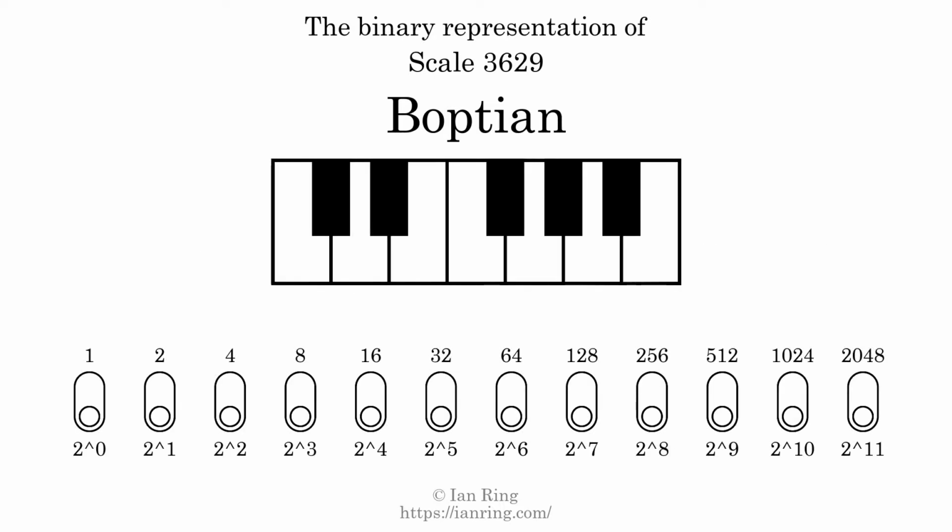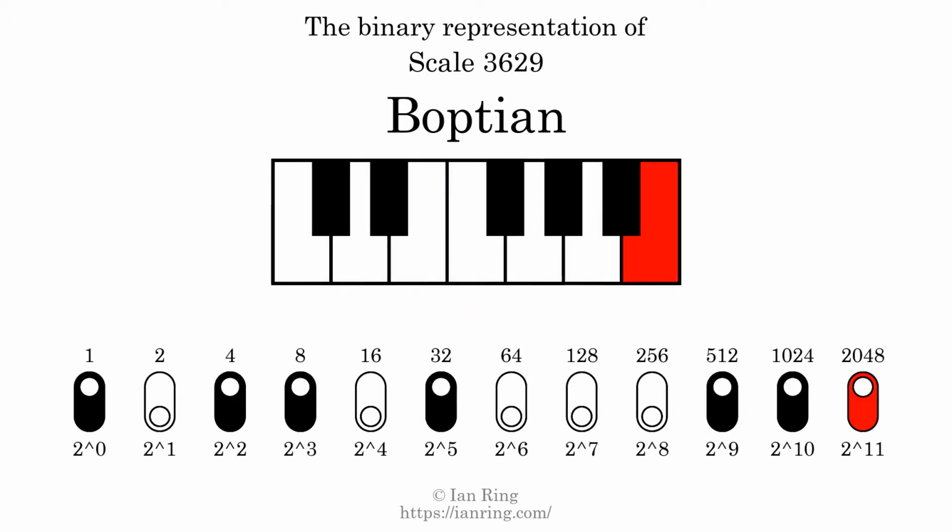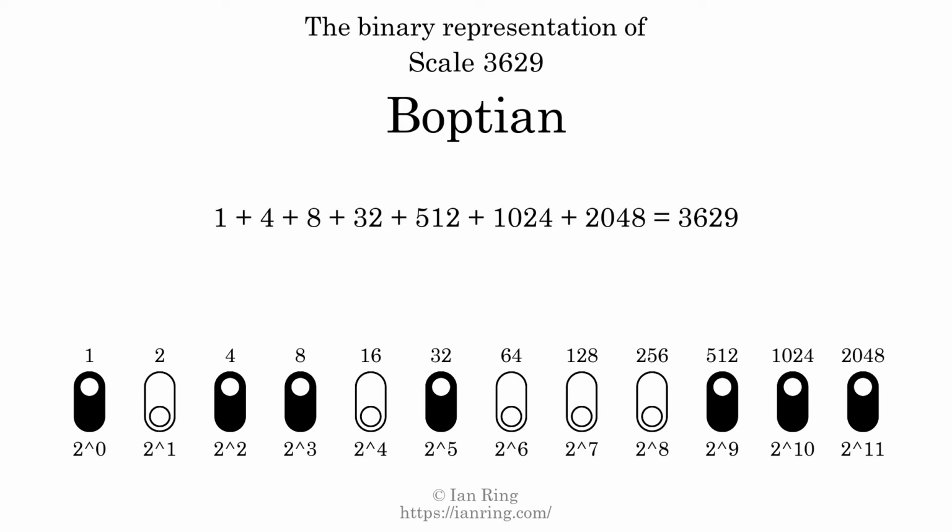The binary representation of this scale is determined by mapping tones of the scale to binary digits. Each binary digit represents a power of 2. To get the scale number, we add the powers of 2 together. The powers of 2 that are present in the scale, all added together, equals 3629. That is why the scale number, in decimal, is